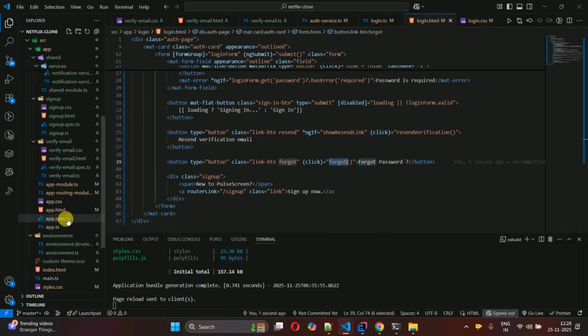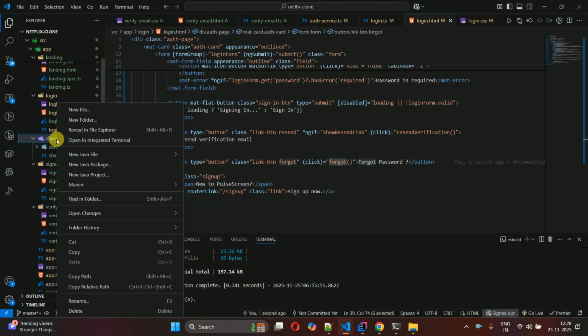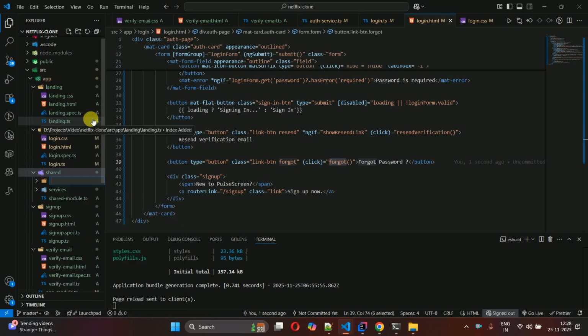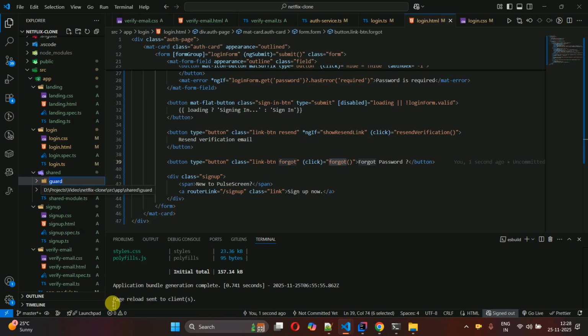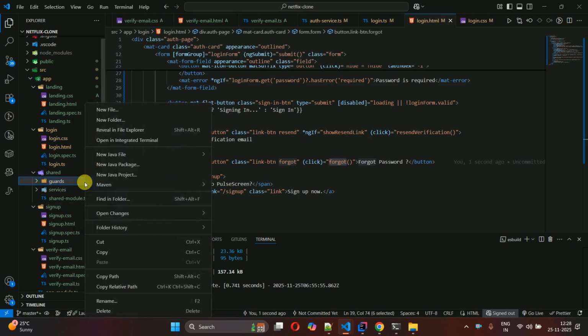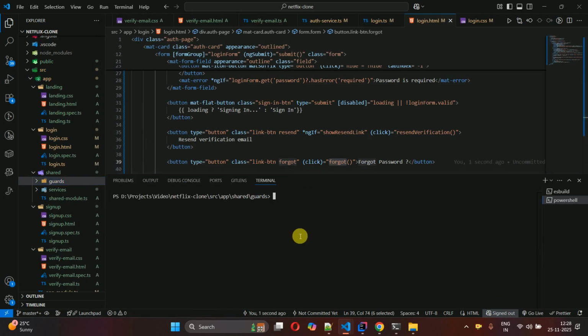Okay. And for now, let's go to the shared folder. So in this shared folder, we have to create a new folder. Right click, new folder, and in this one, we have to create guard. There could be multiple guards, so just change it to guards. Just add an s at the end, and right click, open integrated terminal, and here we are going to generate ng generate guard, and here I have to enter auth,